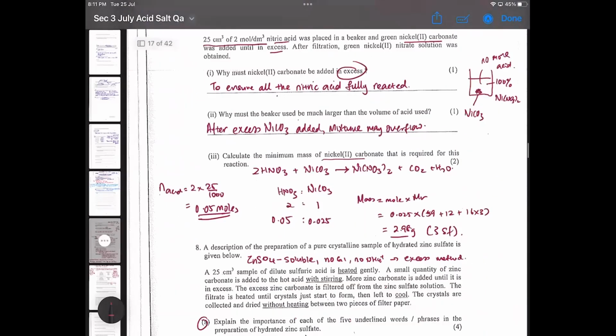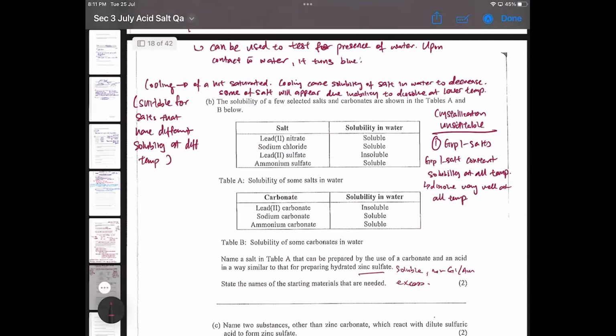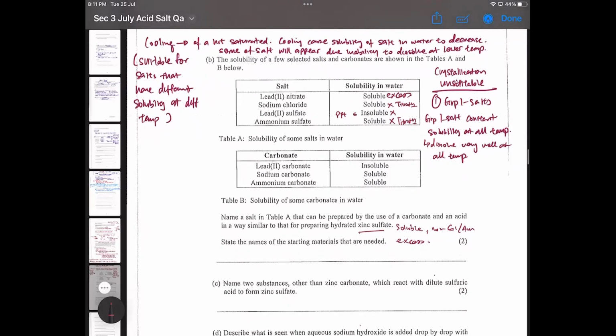So from the table above, the salt that will be made, I'm going to strike off this one immediately because it's insoluble, so we cannot use this method. Sodium is out, ammonium is out, because these are all titration salts. Group 1 and ammonium is titration. Insoluble is the precipitation method. Only this one is the excess method. So no other choice. The salt that we will want to use from the table will be lead(II)